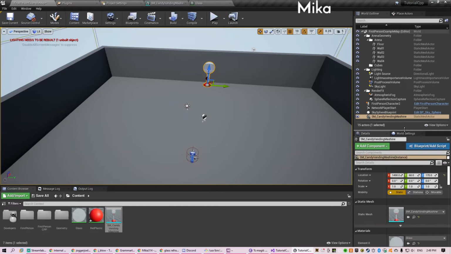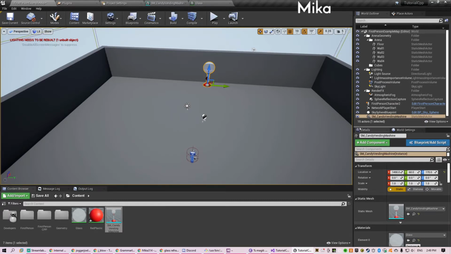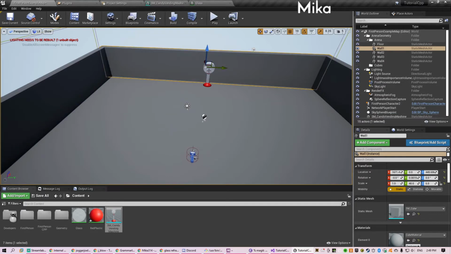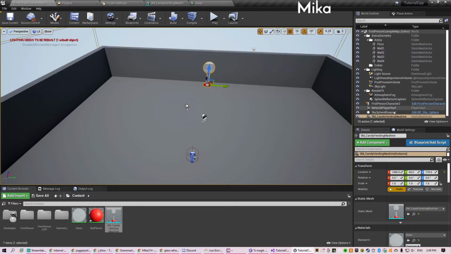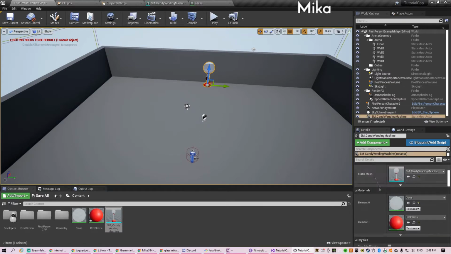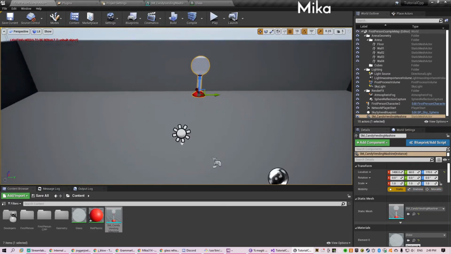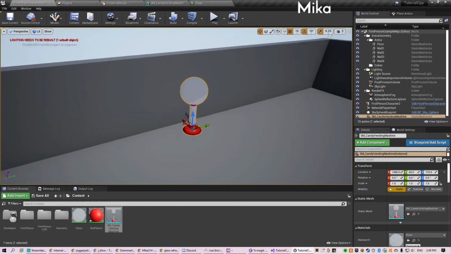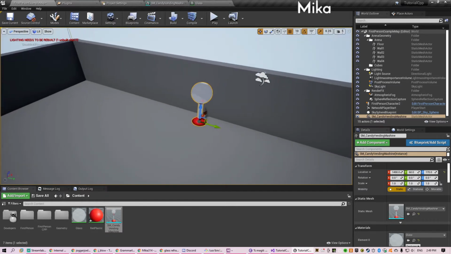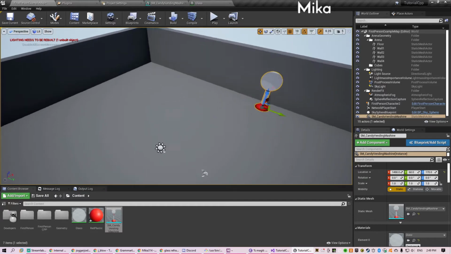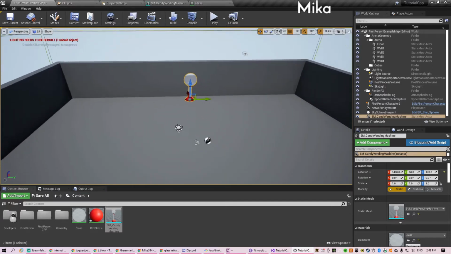I did not cover this part, right? But you can see the details of the selected things. If I select the wall, you will see the location of the wall and what mesh it uses. And if I click on this candy vending machine, it also will show all the parameters. And one thing is mobility: static, stationary or movable. If it's static, Unreal Engine can optimize things and do things faster. So if you know exactly that a thing is not going to move, make it static so it would run faster